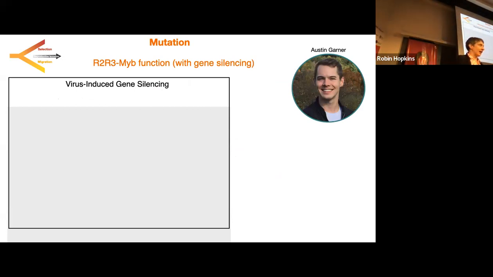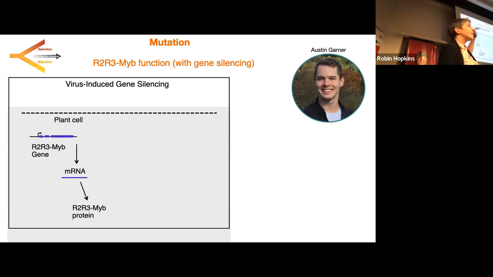transient gene silencing technique called virus-induced gene silencing, or VIGS. It's a very cool plant trick. You think about within a cell, this gene, this R2R3 MYB gene, is being transcribed and then translated, made into this transcription factor that upregulates all the genes. This virus-induced